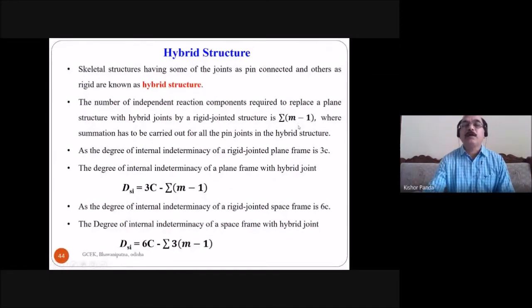That you have to find out at each pin joint. Then you have to find out the summation of m minus 1 of all pin jointed. Then that you have to deduct from the 3C, because